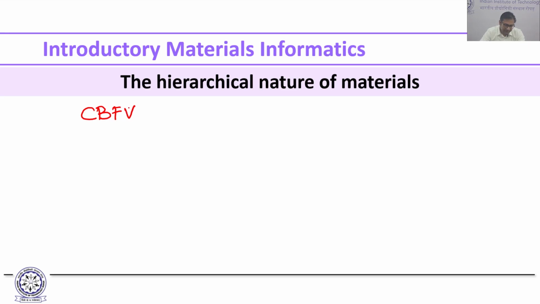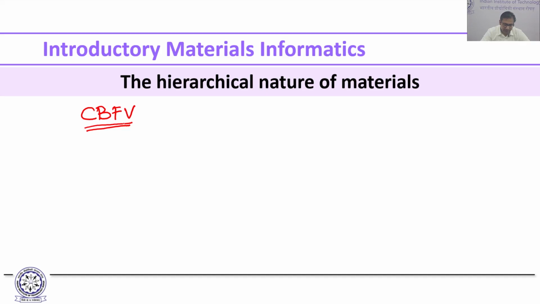And we also discussed that this composition based feature vector is very useful if you are going to model the intrinsic properties of the material, because the intrinsic properties of the materials are dependent on the composition. When you try and model the extrinsic properties of the material, then it becomes a little bit more complicated, and maybe just like we have got this composition based feature vector, we might be able to come up with a